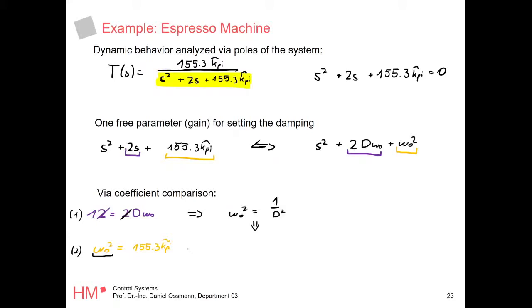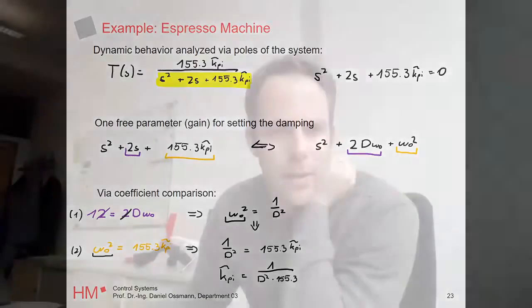Okay, and now we take that equation and set it equal to this one, right? So this one, omega 0 squared, must be omega equals 0 squared, obviously. So we can say 1 over d squared is nothing but 155.3 kpi bar. And now we can compute kpi tilde, which is 1 over d squared times 155.3. So what this equation tells us now, we have one equation, but two unknowns, but we can set one,